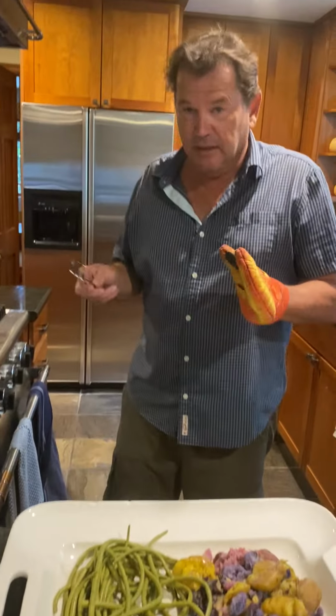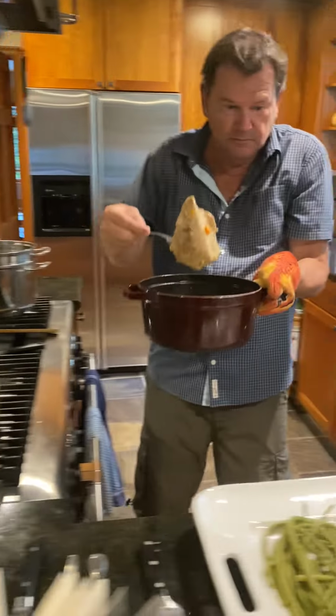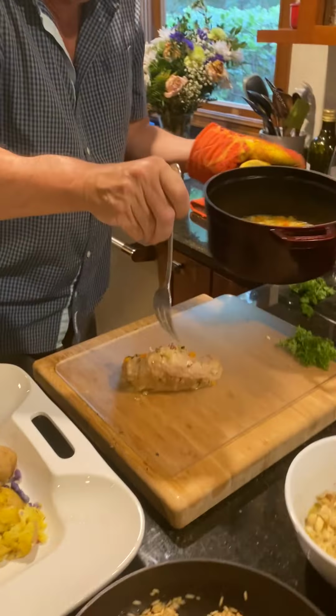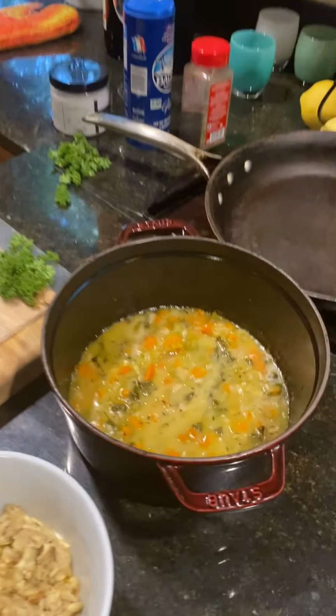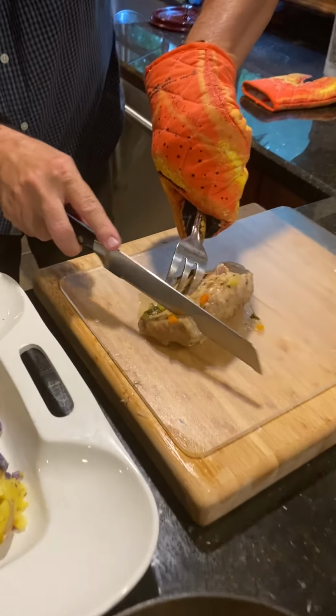So all of those various elements all come down to this. The veal, which I'm going to slice. And the idea of the veal is to slice it